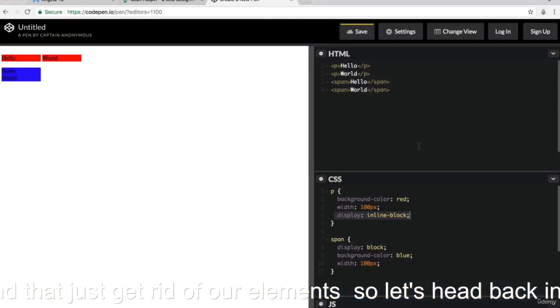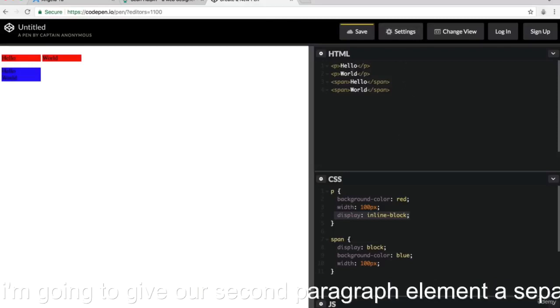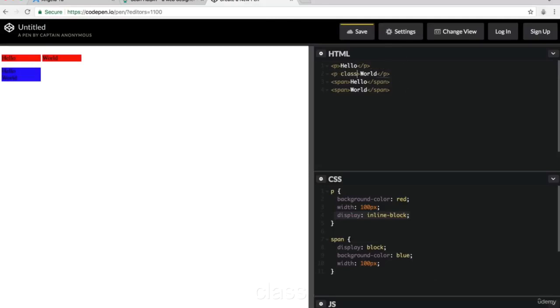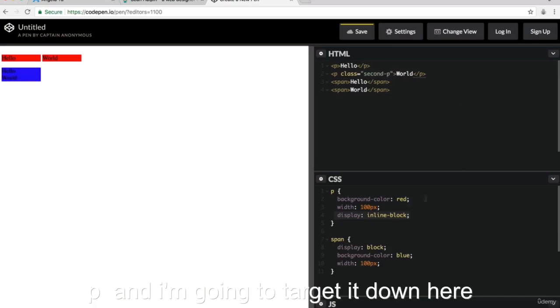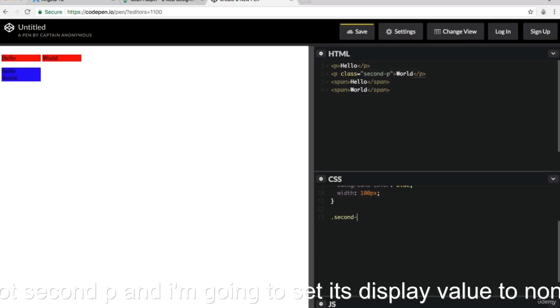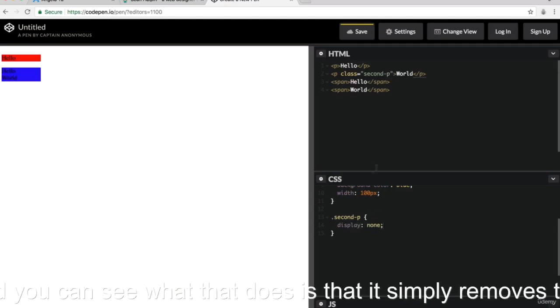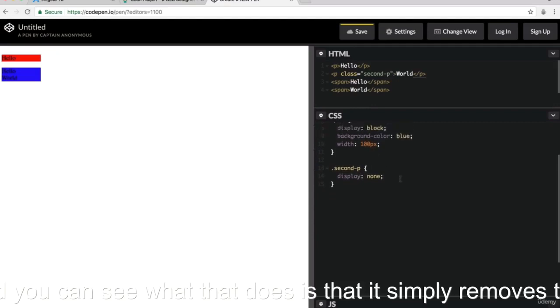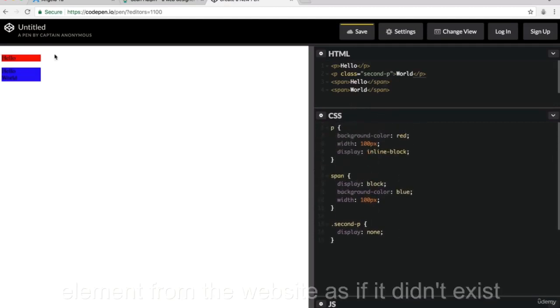So let's head back into our CodePen, and I'm going to give our second paragraph element a separate class. I'm going to call this second p, and I'm going to target it down here, dot second p, and set its display value to none. And you can see what that does is that it simply removes that element from the website as if it